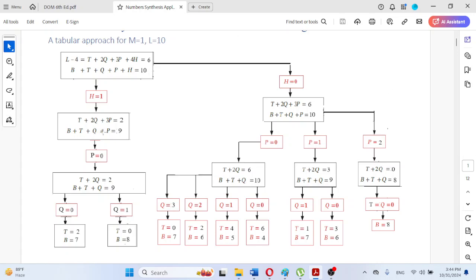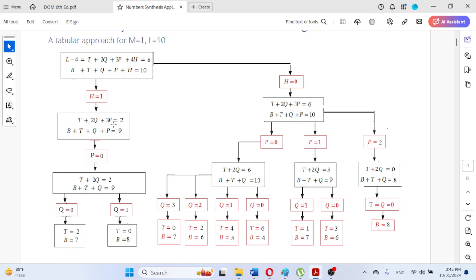So this will be reduced to b plus t plus q plus p is equal to 9, because 10 minus 1 hexagonal link will be subtracted, and so this equation will result. After that we will start the same procedure from this set of equations, starting from the highest order link and its lowest count. So in this equation the highest order link is pentagonal or pentanary link, and its lowest count can be 0